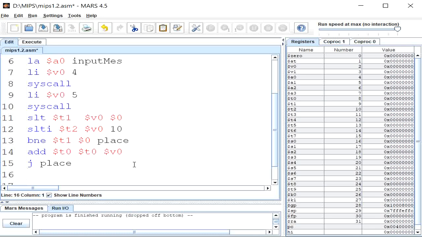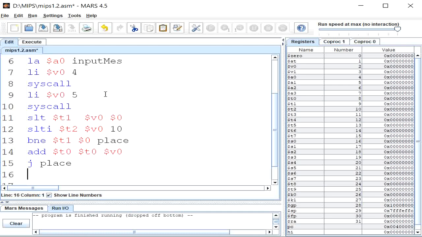So there you go. That's a pretty good introduction for what you need to do. You can use SLT, SLTI. Those are the only two you should be using. You might think set greater than. There's no set greater than. There's no SGT. And you might think branch less than. There is no branch less than either. There is a pseudo command BLT, branch less than, but we're not allowed to use that. There is a branch not equal to 0, but that's not going to help us here. But I want you to use the SLT and the SLTI, or one or the other, or both, however you want. And that should be enough to help you do